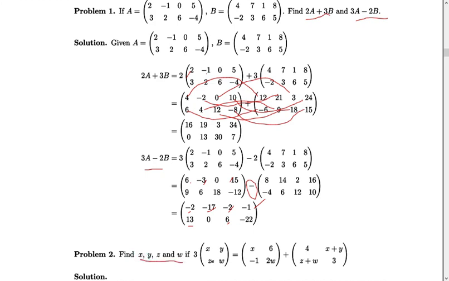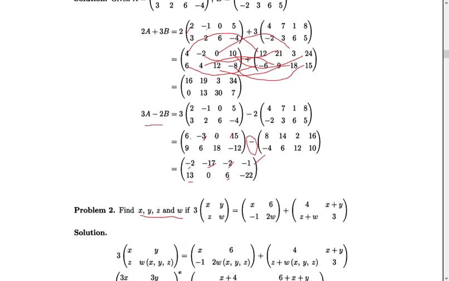Here one clue is that the two matrices are equal. What do you know about equal matrices? Equal matrices means it satisfies two conditions. The first condition is that the order should be the same, and the elements are equal element-wise: first element equal to first element, corresponding elements are equal. We are going to apply that logic to solve this problem.